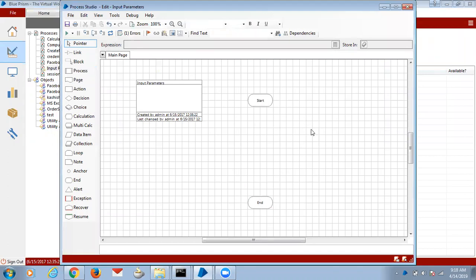For example, I just want to create the addition of 2 numbers. I'm going to perform that now.